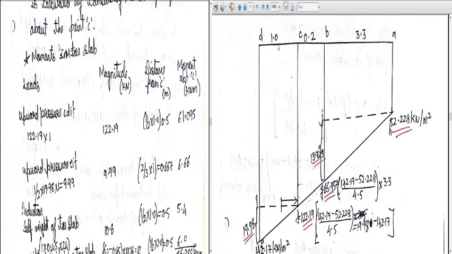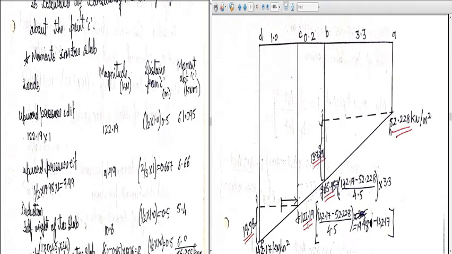So I have divided into two components here. One is a rectangle and one is a triangle. So it is C, D, I, F, and the triangle is F, I, E. So you can see here the upward pressure C, D, I, F. So this dimension is nothing but 1 meter by 122.19. So you got this. So this is the force, and the CG distance is to be taken from here to here up to C. So it is 0.5. So this is the moment working out.